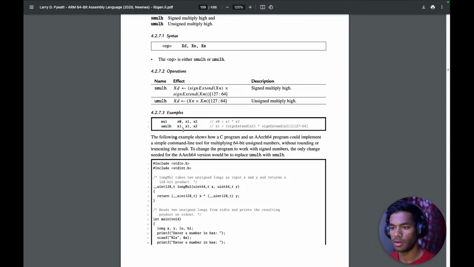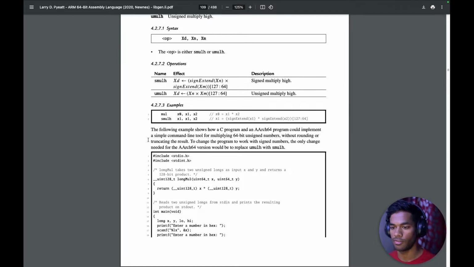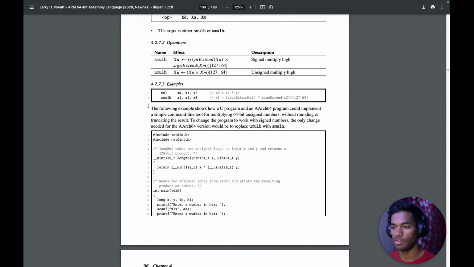Smull sign extends the value in x in the first register to get a 128-bit value, and the same thing is done to the contents of the second register, and they are multiplied and the result is stored in the first register. The following example shows how a C program and